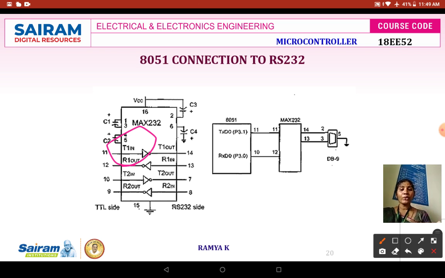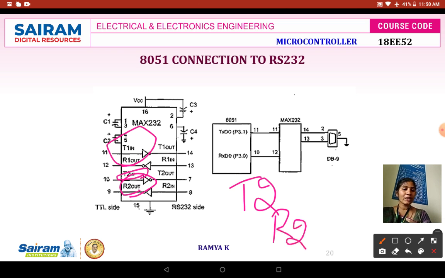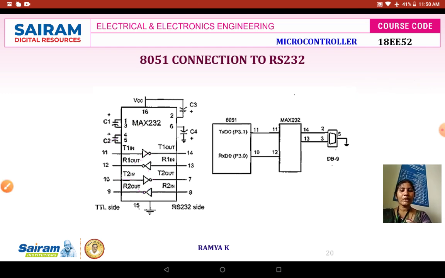If I am using T2 for transmitting, I can use R2 for receiving the data, and the other line drivers T1 and R1 can be left open, which means unused. Likewise, you can utilize T1 and R1 for transmitting and receiving your data.